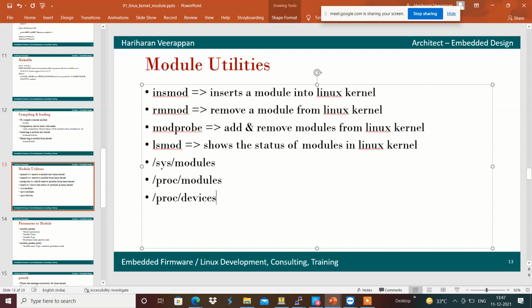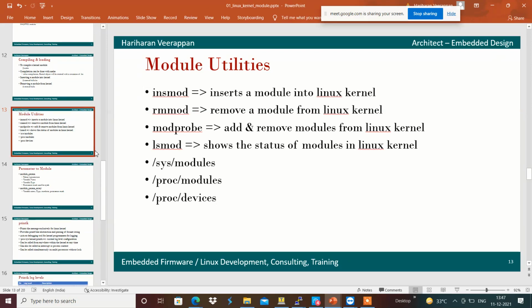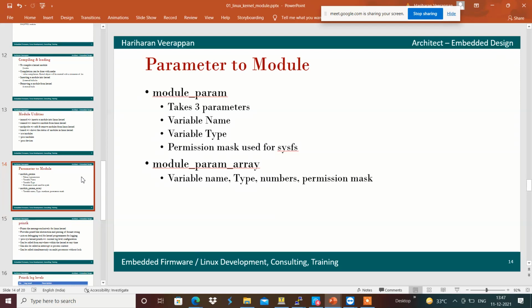And if we want to provide some kind of parameters to the module, we can do that with the help of the arguments module_param as well as module_param_array. It can be an array of variables that we can provide accordingly.